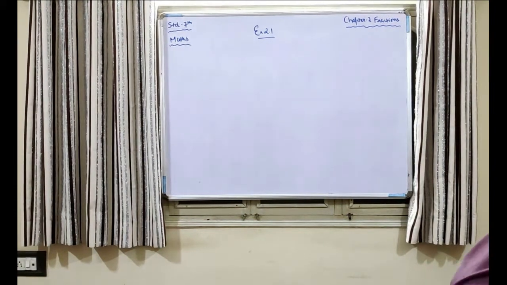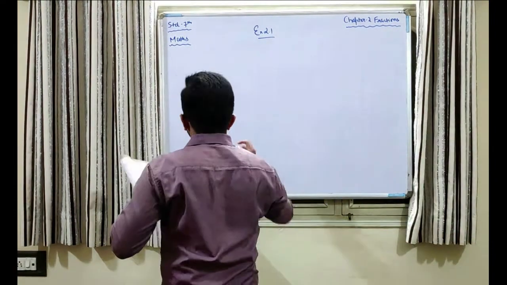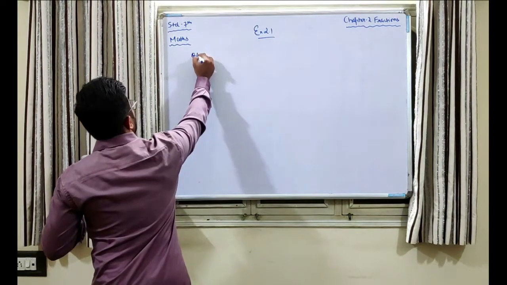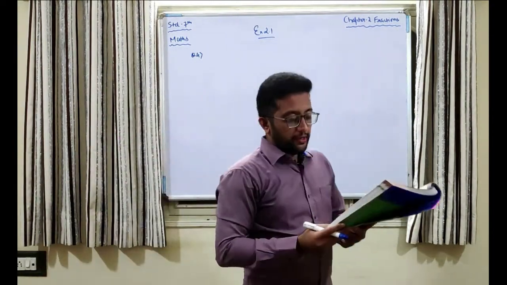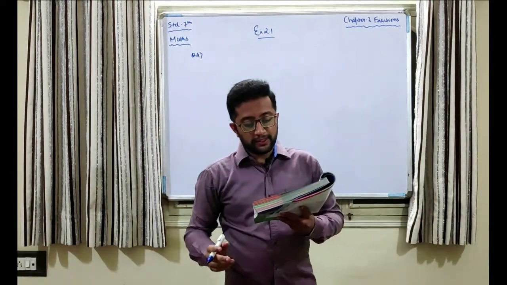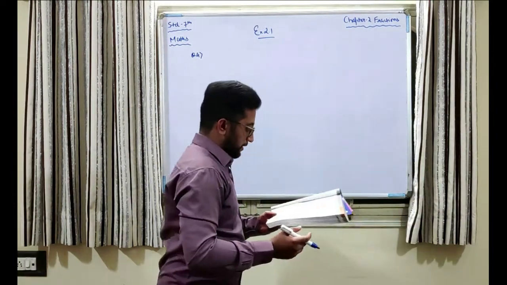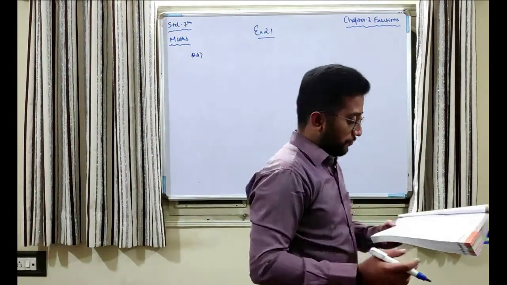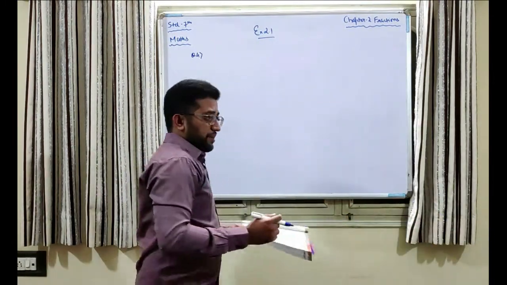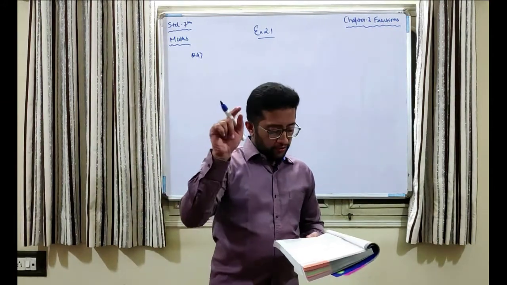Okay, now moving forward to question number 4. A rectangular sheet of paper is 12 1 by 2 centimeter long and 10 2 by 3 centimeter wide. Find its perimeter. So you need to find the perimeter of a rectangular sheet of paper. A perimeter here stands for the boundary. Okay, you need to find the boundary,